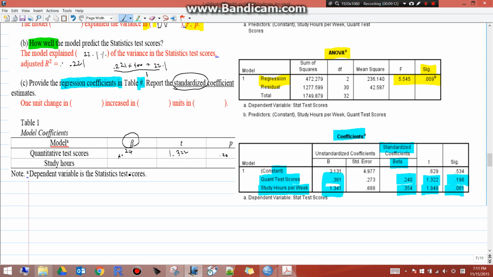And then what about study hours? The standardized coefficient is 0.35, the t value is 1.995, and the p value is 0.06. That is also not significant, same as the quantitative test scores, right? It's almost close to 0.05, but still not significant. So how could we interpret this finding? You have to look at this one. Previously, we say